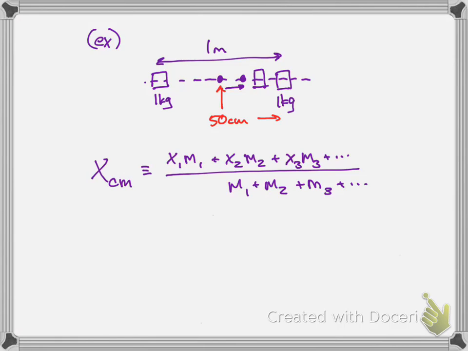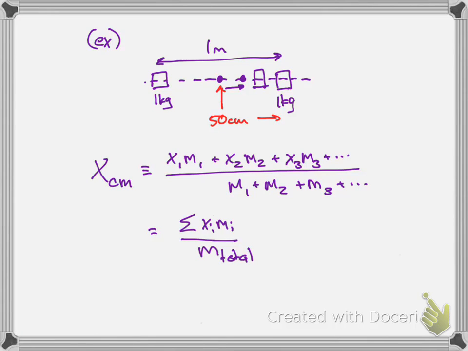It's going to balance at the point that is given by x sub cm, center of mass. I left off the O, x sub center of mass. It's the position of the first mass times the mass of the first mass, plus the position of the second mass times the mass of the second mass, plus the position of the third mass times the mass of the third mass, plus ... if we have additional masses, divided by the sum of all the masses. Sum of all the masses is just the total mass available.